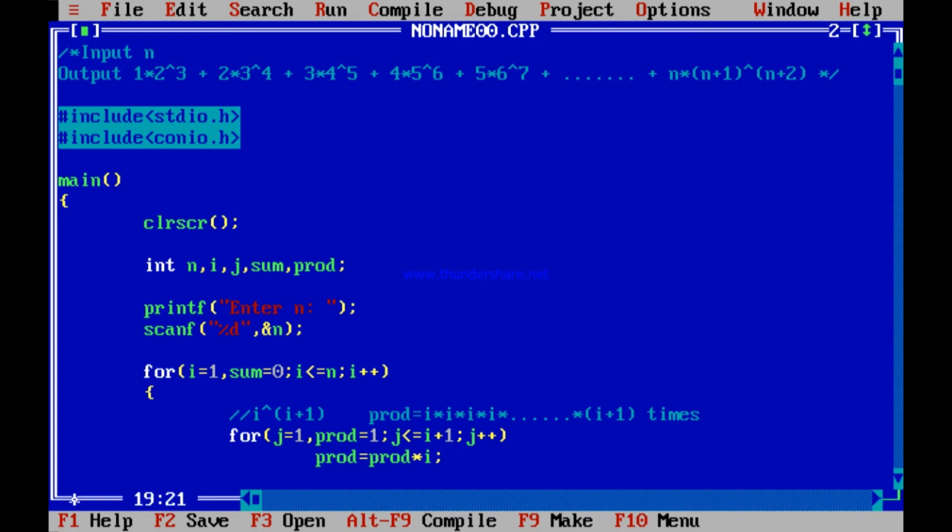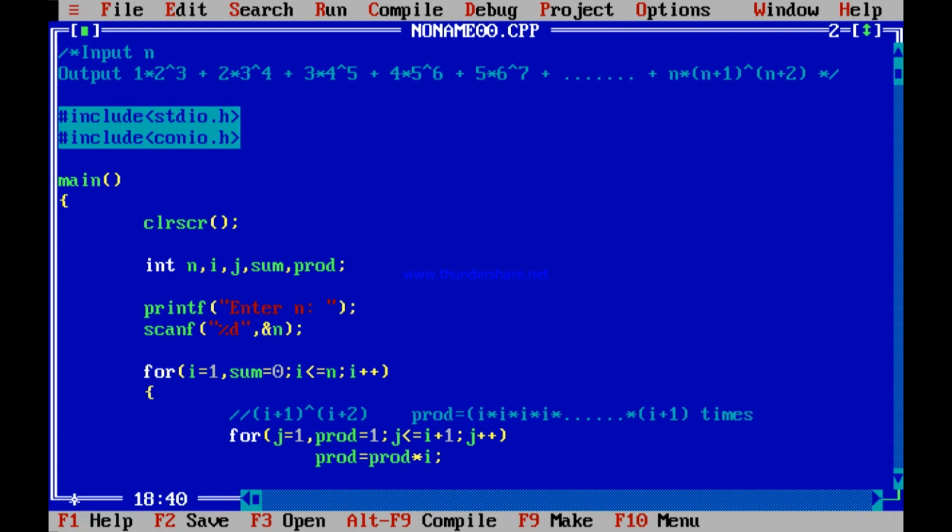Now this has to be running, I plus 1 to the power of I plus 2 means I plus 1 has to be multiplied with itself I plus 2 times. So here you basically need this I plus 1 within this loop. You are iterating the loop from I equal to 1 to n. In the loop you need I plus 1 to the power of I plus 2, and you need this product.